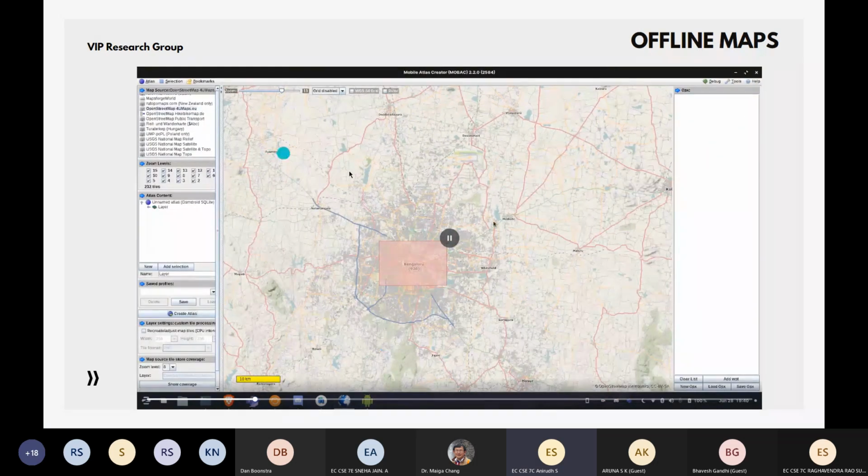This is the tool, it's given the OpenStreetMaps. It's called Mobile Atlas Creator. So we can use this to select a particular range to download, and it will download it in SQLite format. You can also download it in various other formats, but OSMDroid, which is the library for OpenStreetMaps in Android, uses the SQLite format to have the offline maps for that particular city. So we use that. So administrators have to do this